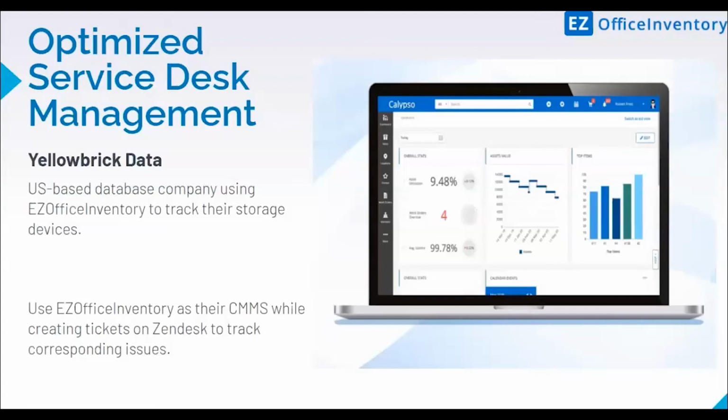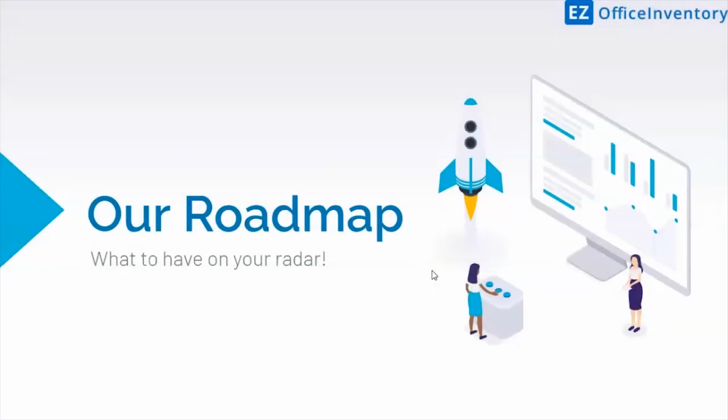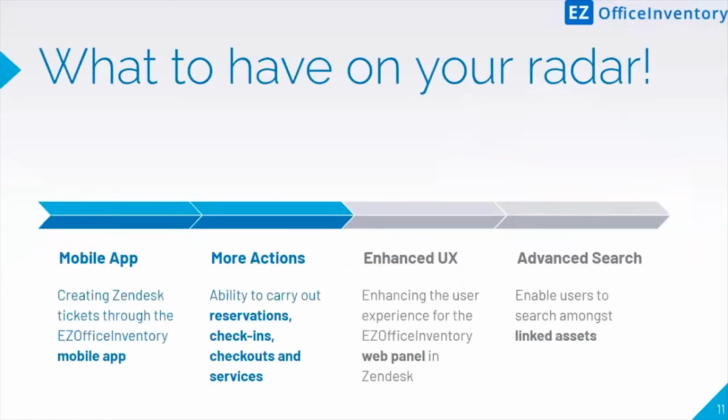All right, so these were our two main use cases for our Zendesk integration, and now we're going to talk about our roadmap. The first feature on our roadmap just went live recently. Now you can link your Zendesk service tickets on the go through the Easio mobile app. This is particularly helpful when you're on site, and it aids you in being much more real time when it comes to service tracking. You don't need to access a desktop just to create a simple Zendesk ticket against the service. So that was the very first thing on our roadmap.